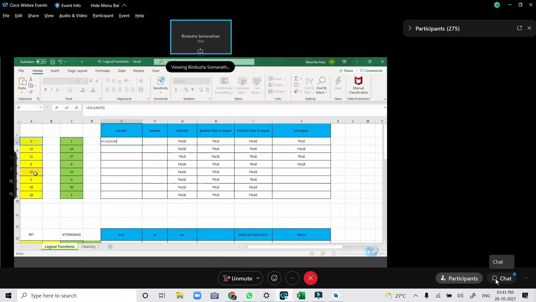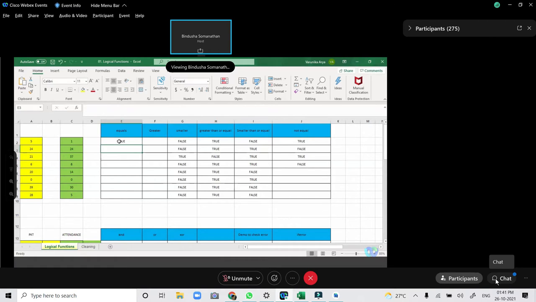A6 is 20. 20 divided by 4 is 5. What should be the return value here in E2? True. Somebody says 5. For those who are saying 5, guys, which operator, which logic operator are we talking about? It only returns either true or false, depending on whether the condition holds.